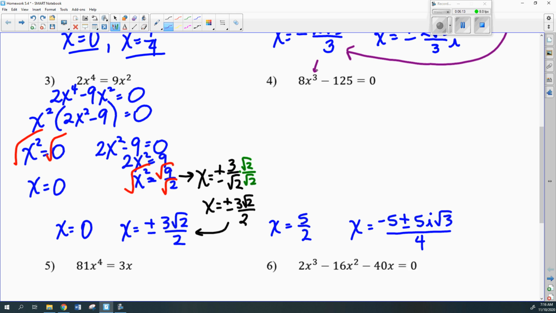All right, number 4 is already equal to 0 for you, but I hope that you were able to notice that since I have a cube right here, and it's only 2 terms, and there's no GCF, this is the difference of cubes, so this does factor into a binomial and a trinomial. All right, remember your sign pattern is same as,